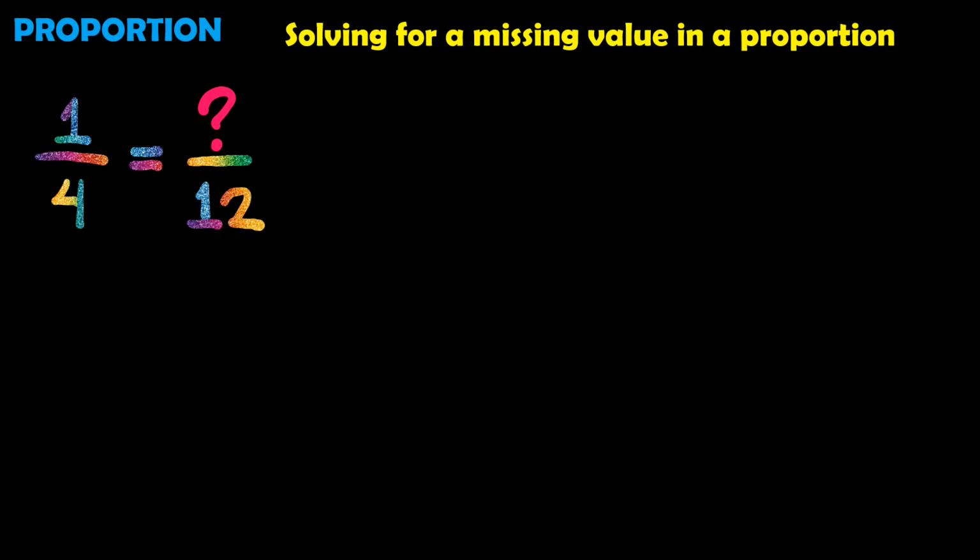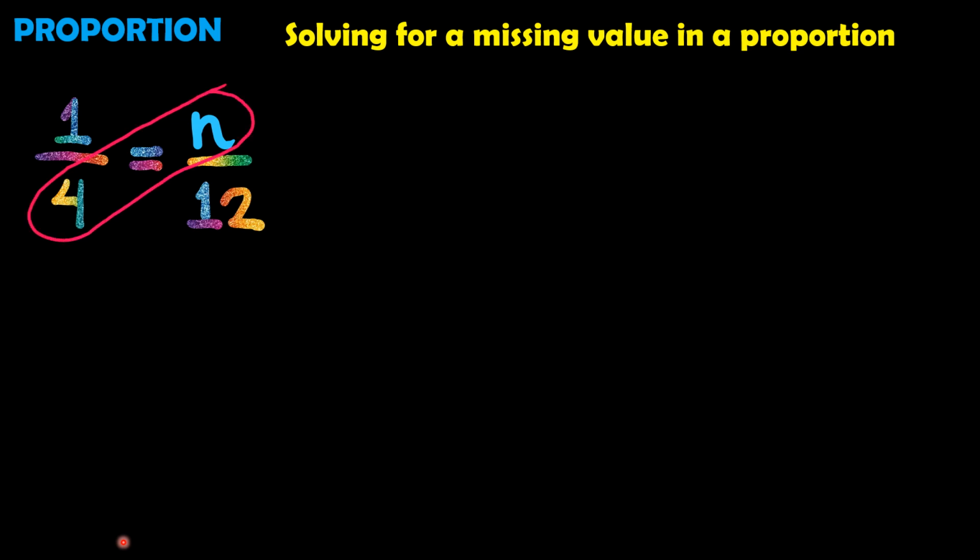This time, we're going to solve for a missing value in a proportion. So given this, we need to find the value here. So before we start, we're going to replace that missing value or the unknown with a letter. Let's just use N. Now, whenever we replace a missing or an unknown with a letter, we call this a variable. So that means we are using the variable N to replace a missing value. And then we're going to proceed as usual on how we solve our proportion earlier. That's by cross